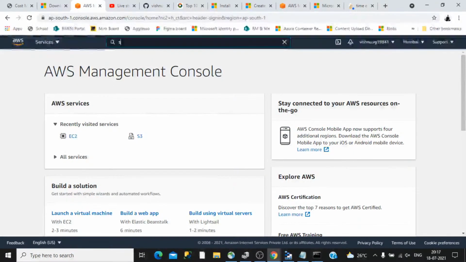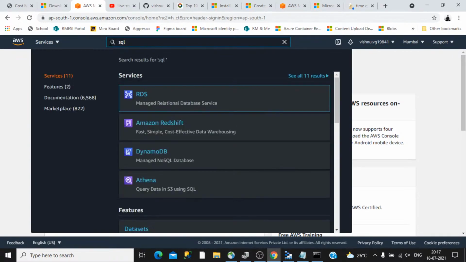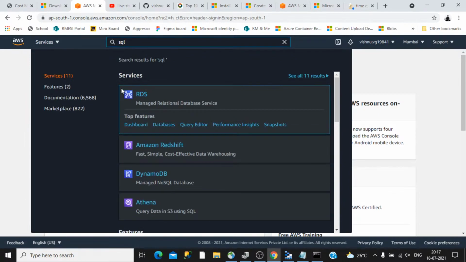For example, if I am going to develop an application, or if I have an application that uses a relational database, that is SQL Server as the database, and I want to host that in Amazon, I can search for SQL Server. It automatically highlights underneath which particular service or which category that particular service belongs to. So SQL is all part of this RDS. So this is another difference. We can check that a bit later after we talk a bit about the different regions and availability zone concepts that are used in this cloud.